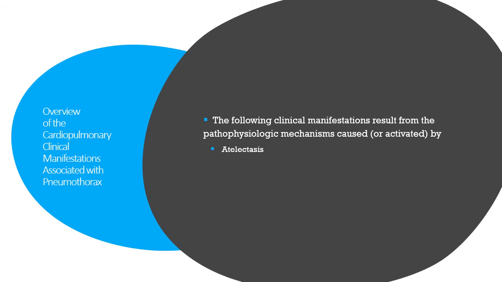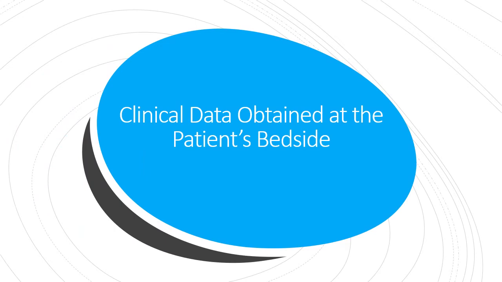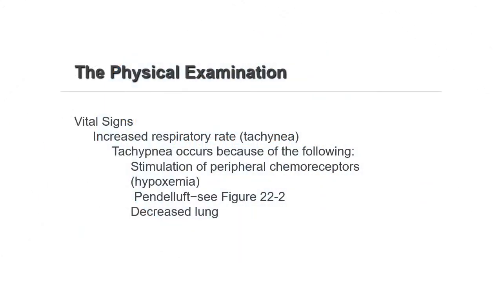Clinical manifestations that are associated with pneumothorax. Atelectasis. What will you see at the patient's bedside? Vital signs. Increased respiratory rate, or tachypnea. Several pathophysiologic mechanisms operating simultaneously may lead to an increased ventilatory rate. Stimulation of the peripheral chemoreceptors, or hypoxemia. Pendelluft, and decreased lung